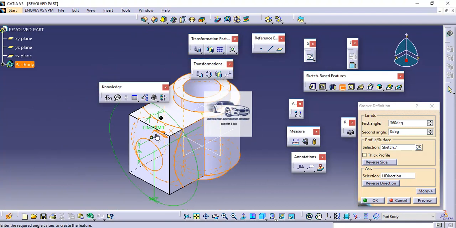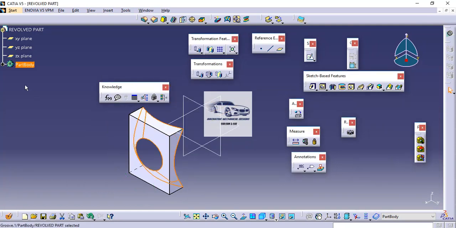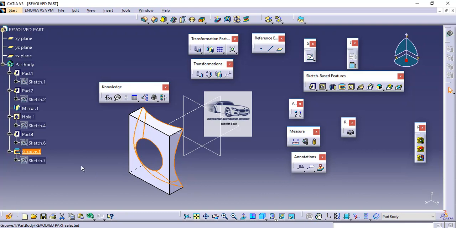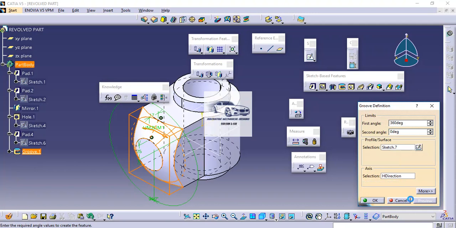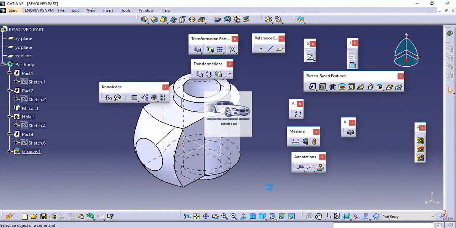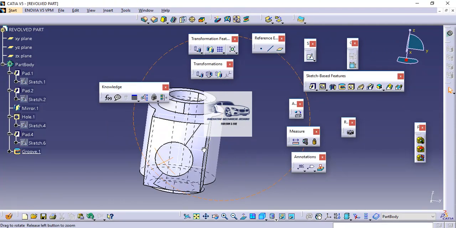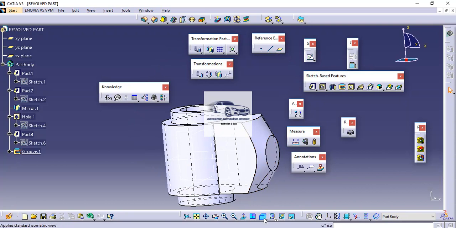In this condition, we can see that the cut is getting created towards the right, but we want to remove this portion. So here I can just use the reverse direction option, then OK. Now the cut is still not accurate, so I will take reverse direction and use this option reverse side, preview, then OK. So in this manner we can see that we have